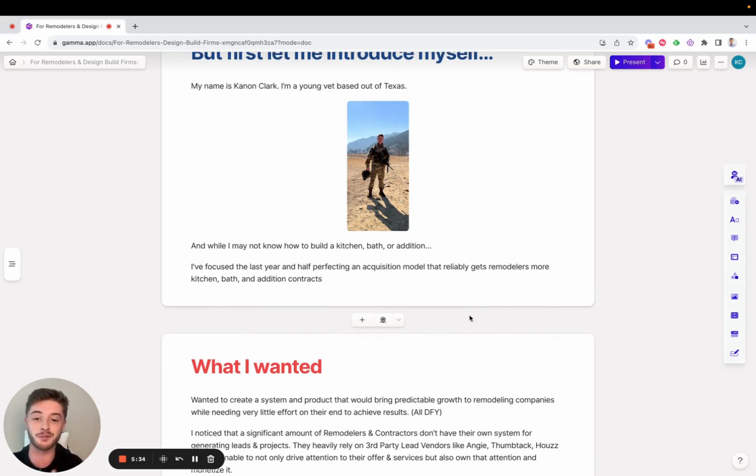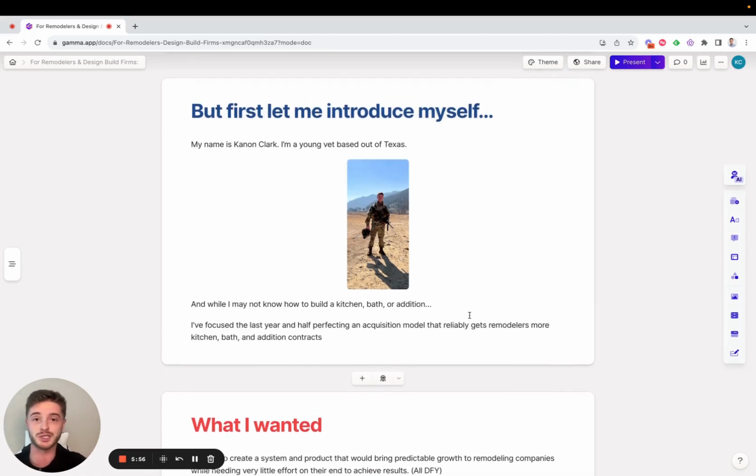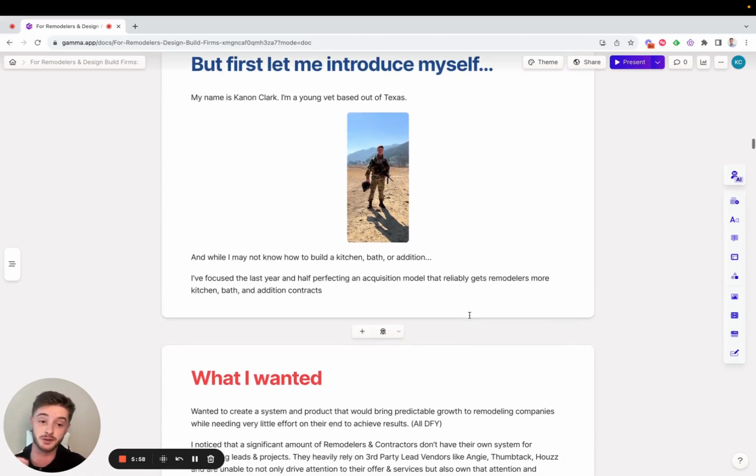And so, I may not be able to build a kitchen. I don't know how to build a bathroom. I don't know how to do an addition whatsoever. But for the past year and a half, I've been perfecting an acquisition model that reliably gets remodelers more kitchen, bath, and addition projects specifically. So unfortunately, if you're a commercial design builder, this isn't for you. This is specifically for remodelers who want to get more of these types of projects right here,